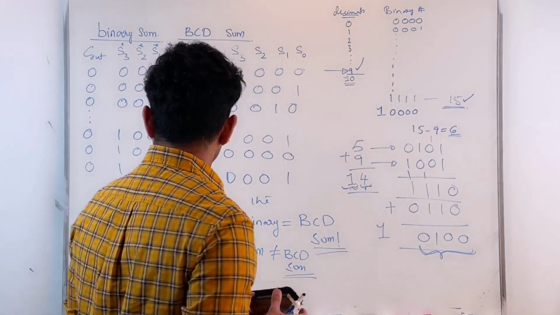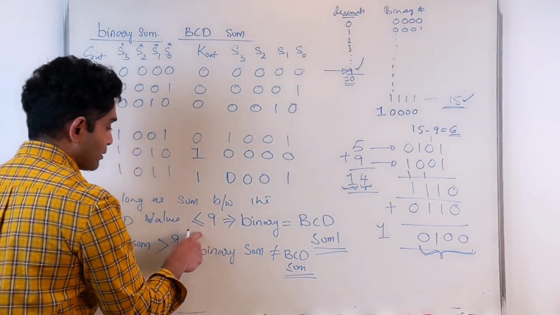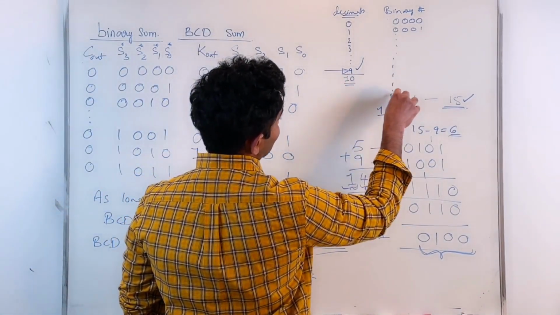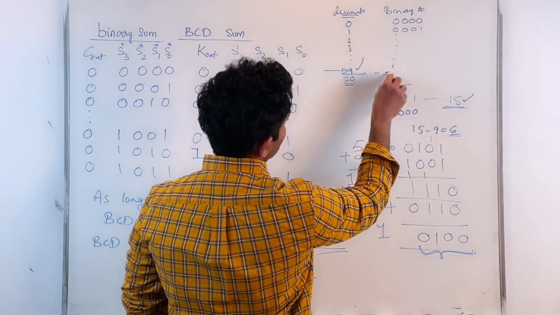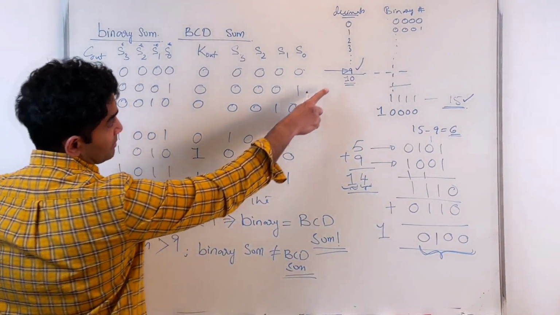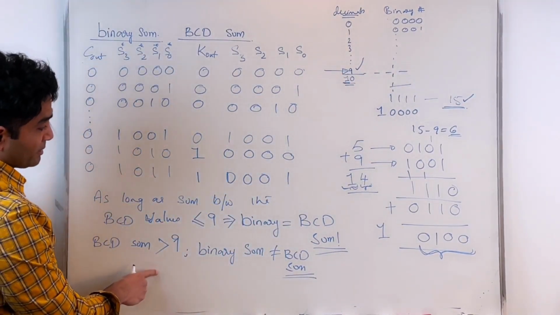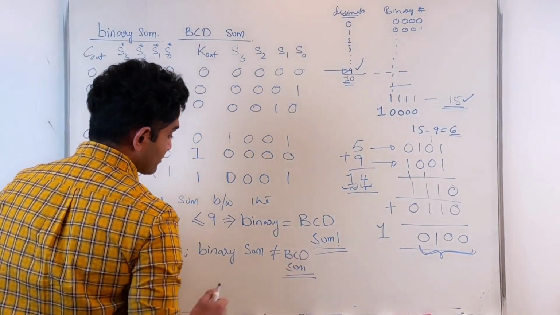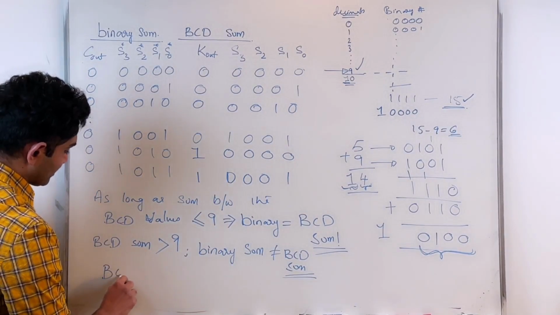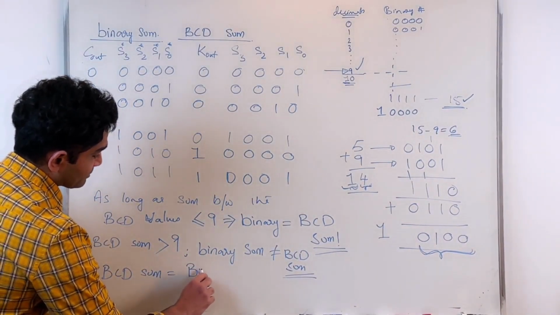Okay. All right, so let me put that down here. As long as the sum between the BCD values is less than or equal to 9, I don't have to do anything. Less than or equal to 9, I don't have a carry out, and then the numbers match. However, when the BCD sum is larger than 9, I start producing a carry out, and my binary sum is not equal to BCD sum. So the right BCD sum can be obtained. The right BCD sum will be the binary sum